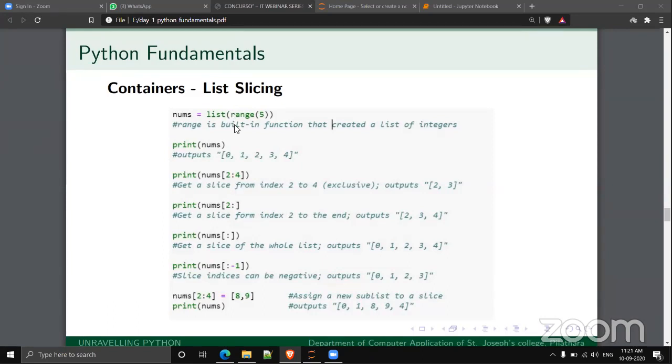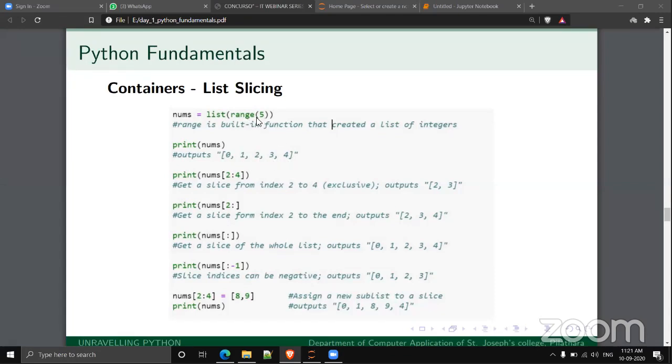And for doing this experiment, I am introducing another function called range. Range is a built-in function in Python. It will create a list of integers starting from 0 up to the specified number. Range of 5 will generate numbers 0, 1, 2, 3, and 4.